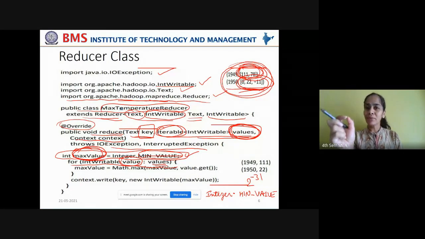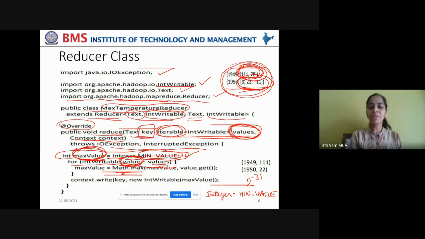Okay. Now, for every element of this list, take each of them at a time into the value variable and compare it with the max value so far. For that, you are using the max function of the Math class.